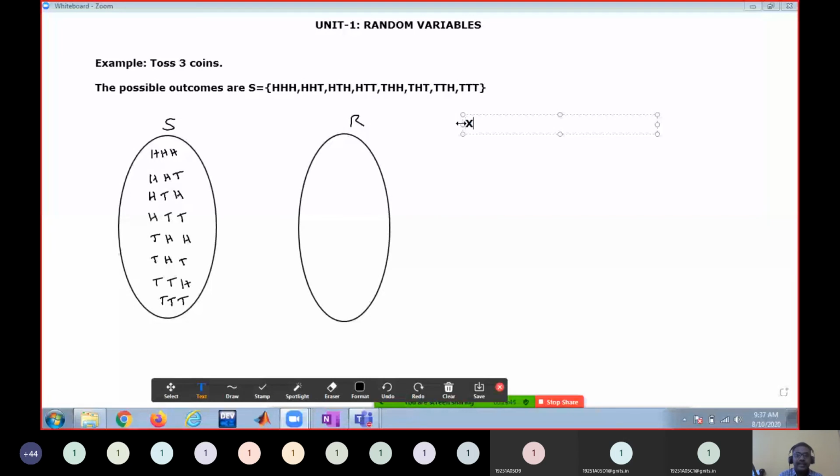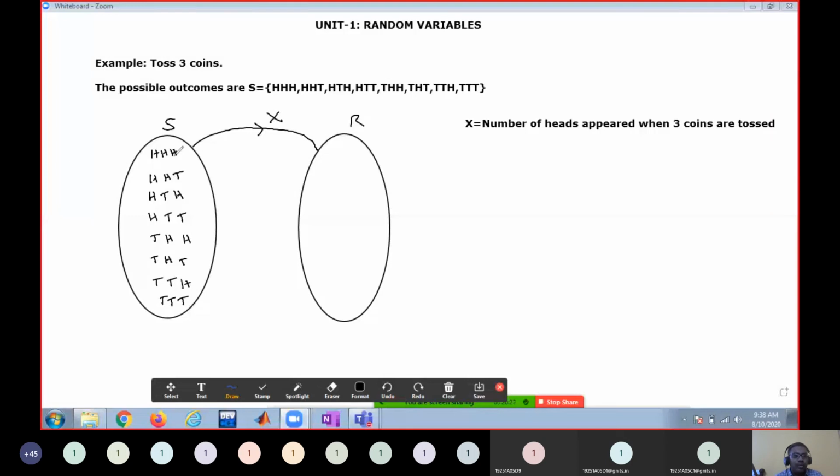Okay, so we may define a variable like this: x equal to the number of heads appeared when 3 coins are tossed. Okay, so I'm defining a variable like this. So what happens in this case if I say x equal to the number of heads appearing when 3 coins are tossed? Okay, so I'm associating